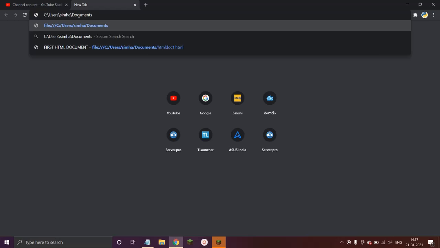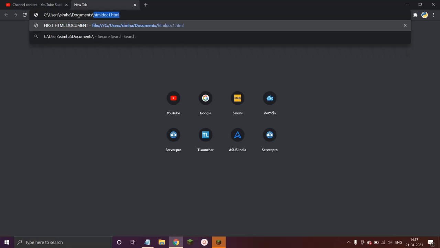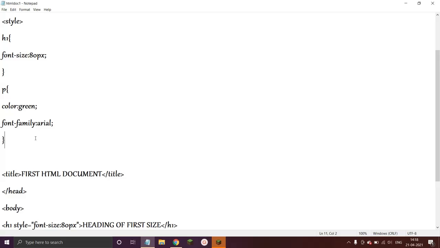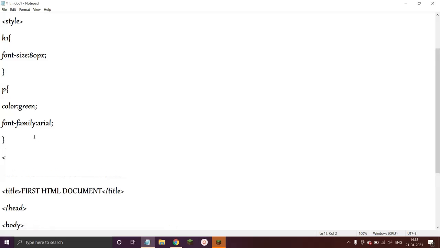Now I'm pasting and I have, sorry, I think something is wrong. Let us go to our document and see what's wrong with it. Yeah, I haven't used the end tag here. So the style element is not an empty tag, right? It is a non-empty tag. We have to use the end tag. So now let us rerun it.